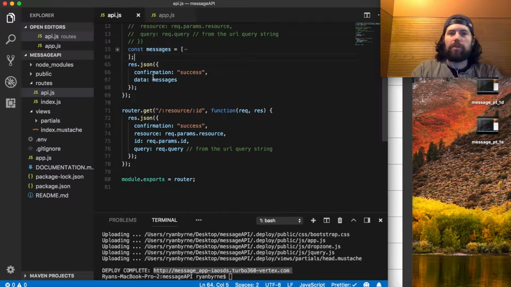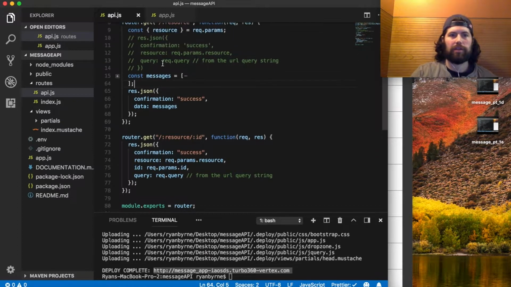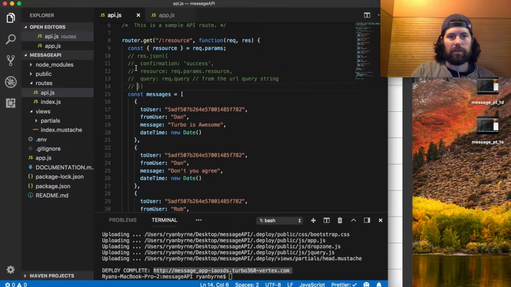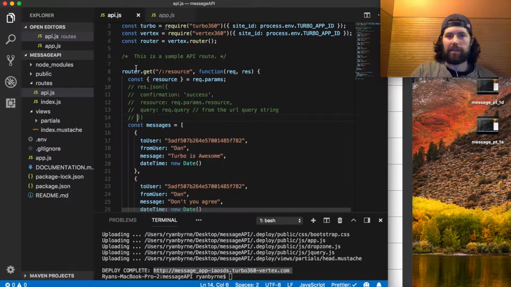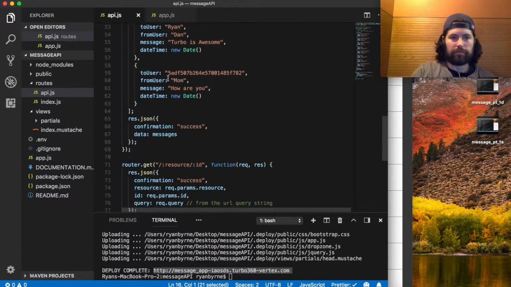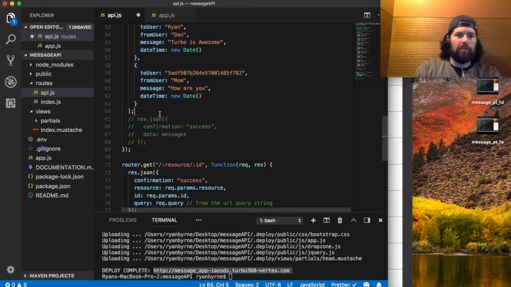What we want to do is persist these messages to our database, and what that is then going to do is allow us to use that query string. It's like right here. So let's do a quick and dirty way to fill up our database. So we have these messages here, right? So what I'm going to do is just hide this for now, and all we're going to do is say